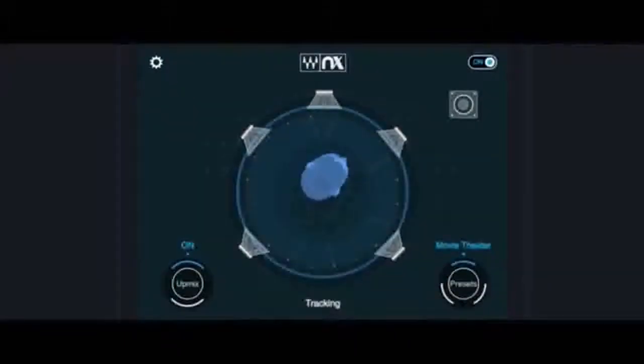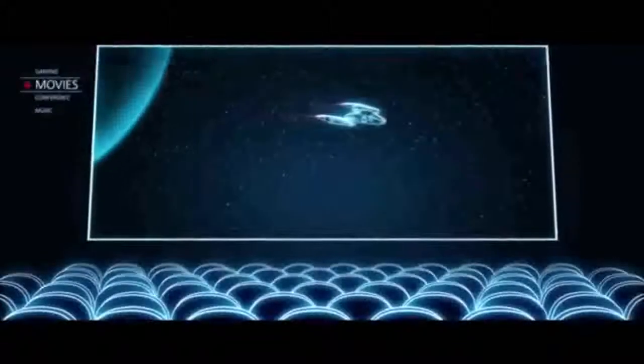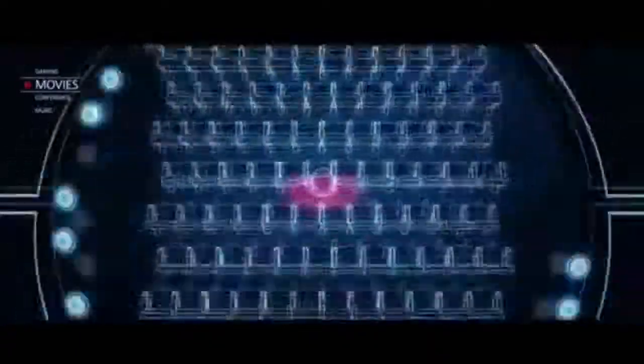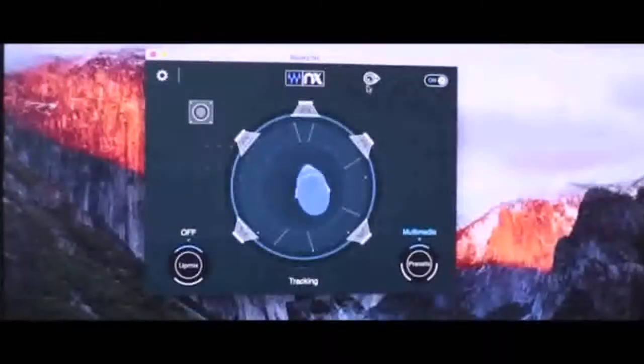Wherever you move, right, left, up, down, forward, and back, NX will track your precise position and adjust the sound accordingly. Waves NX will also let you hear true 5.1 and 7.1 surround sound on your regular stereo headphones. No matter where you are, you can watch all your favorite films as if you were sitting in the middle of the movie theater. The Waves NX application and head tracker are available exclusively on Kickstarter for $79, making it the most affordable